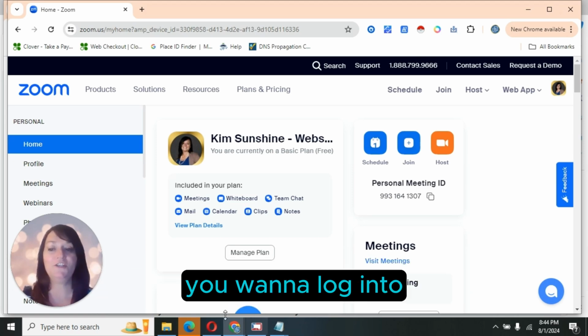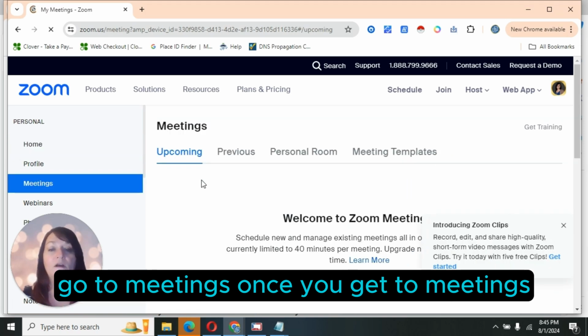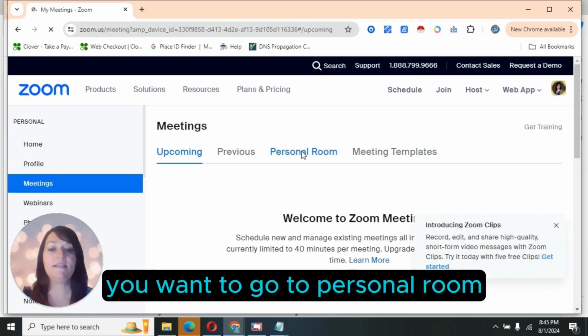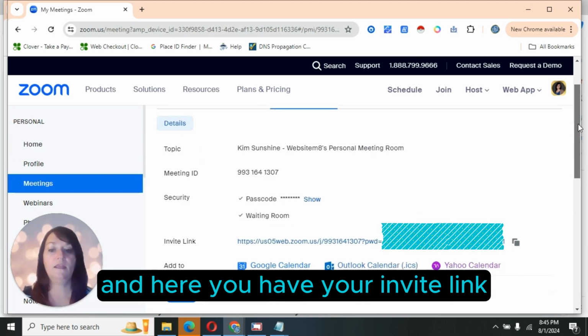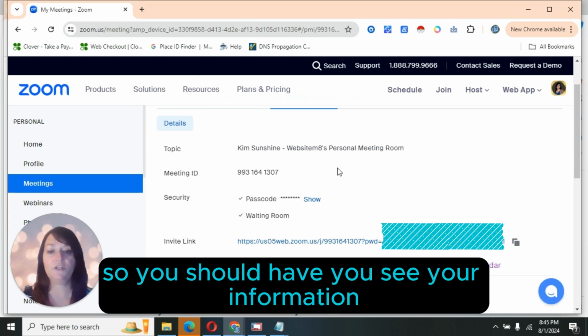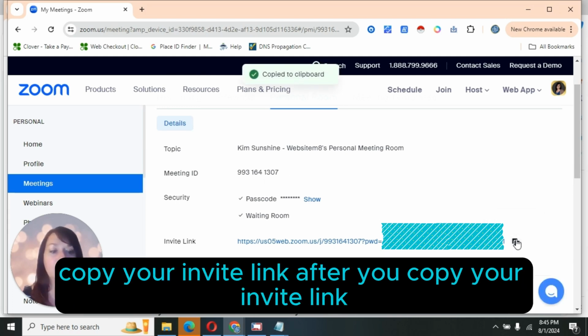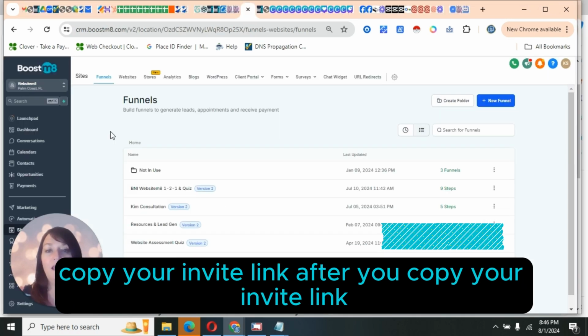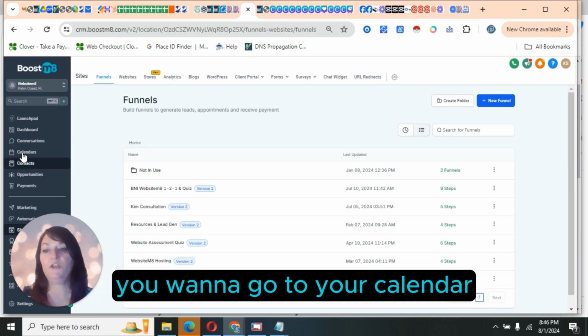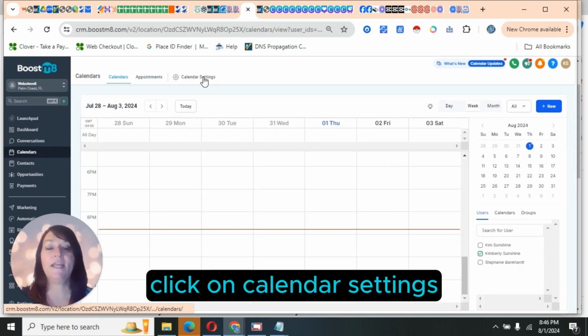You want to log into Zoom, go to meetings. Once you get to meetings, you want to go to personal room. And here you have your invite link. So you should see your information. Copy your invite link. After you copy your invite link, you want to go to your calendar, click on calendar